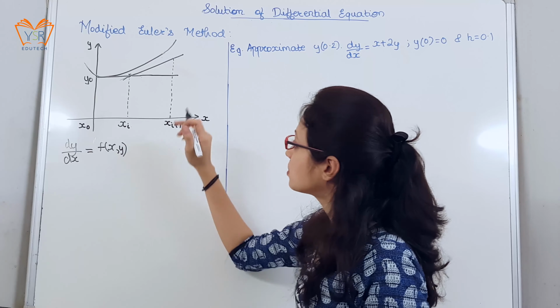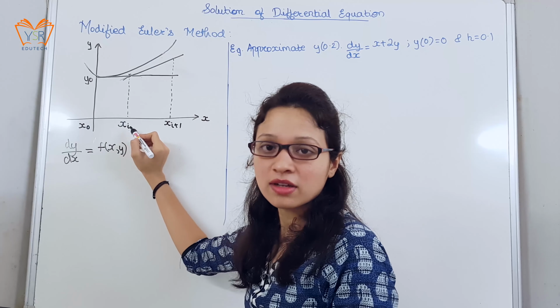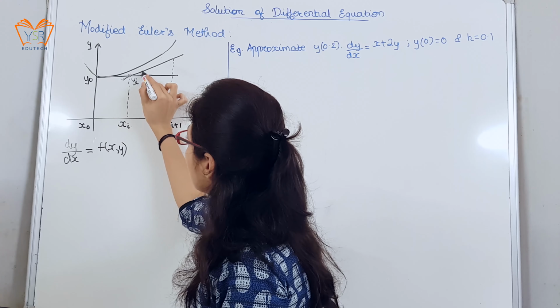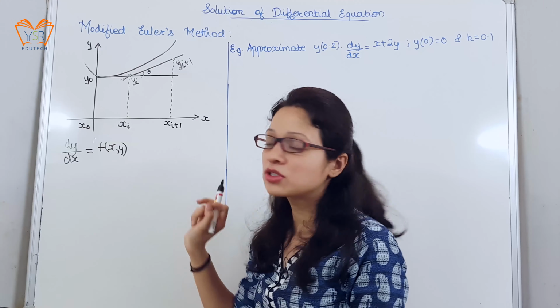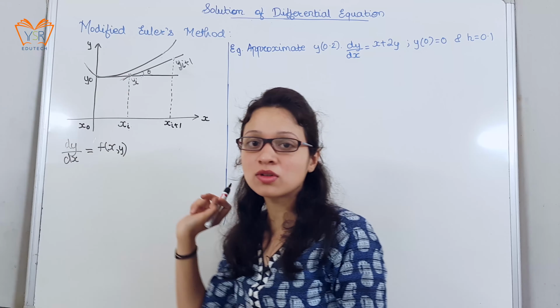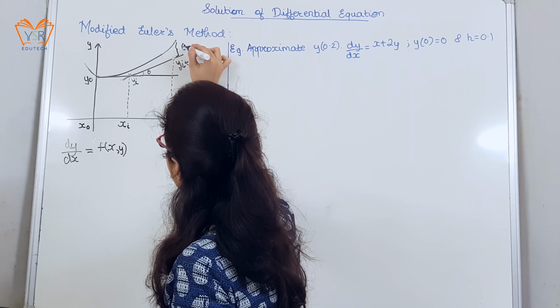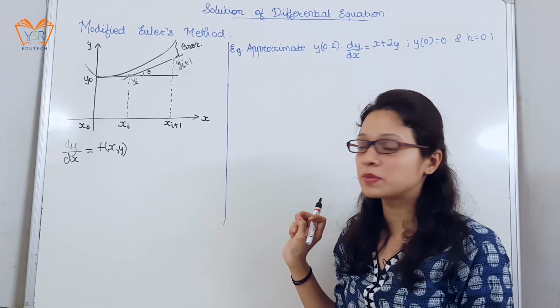Now in Euler's method we had studied that y naught was known to us and x of i was known to us. So we had calculated the point xi, and from the tan theta we had calculated y i plus 1. So these 2 points are nothing but the approximations of y, because at the various values of x we are calculating the values of y. Now if you see, this is the error that is found out. To reduce this error, we have the modified Euler's method.